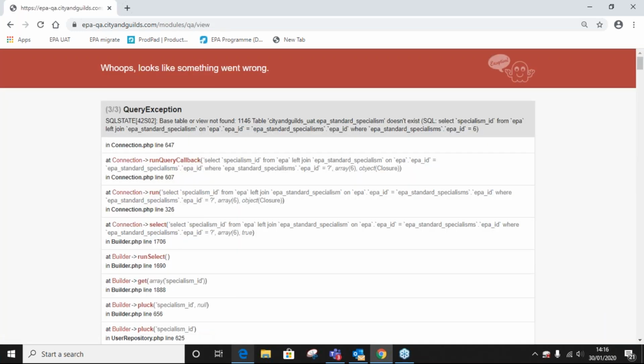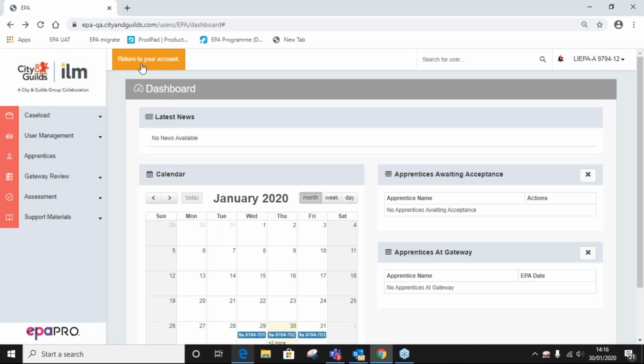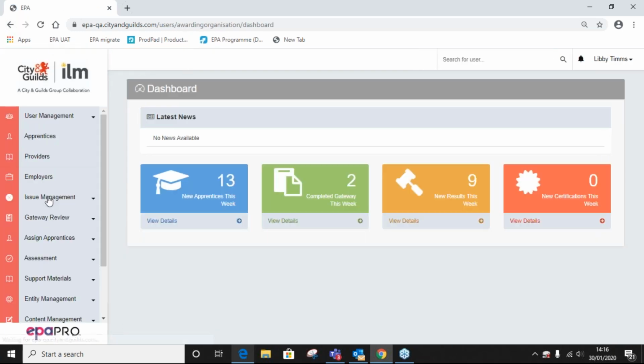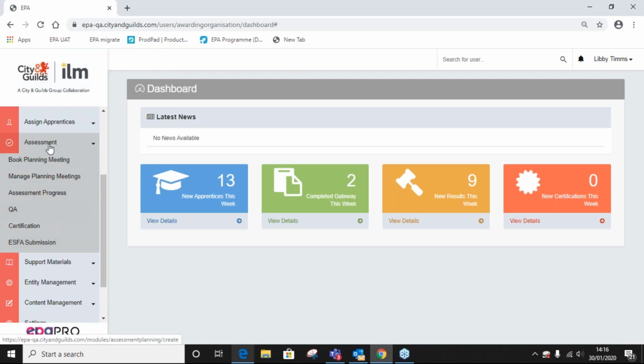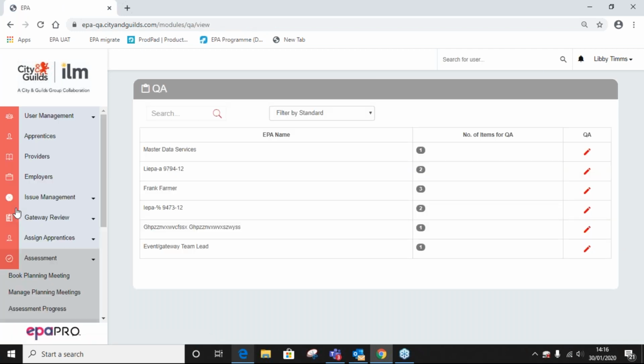If you just bear with me, I'm just going to quickly log out. So this is what you'll see to your left-hand side under the assessment tab, and you're going to select the QA tab. And this will then display a landing page of all IEPAs here.